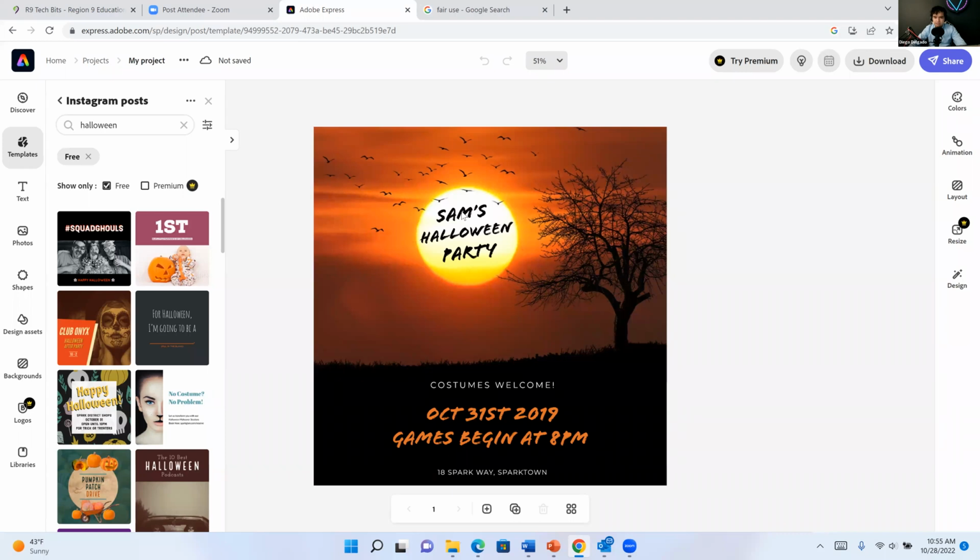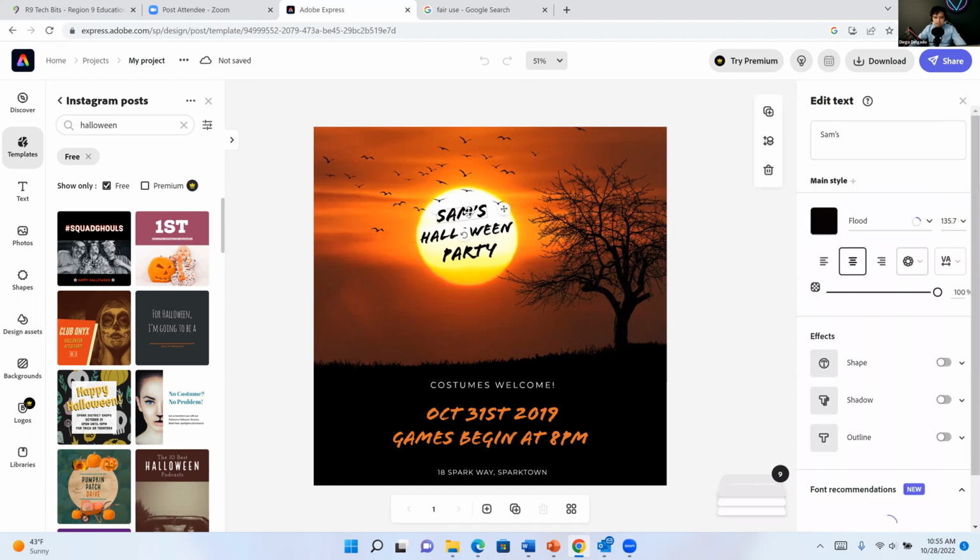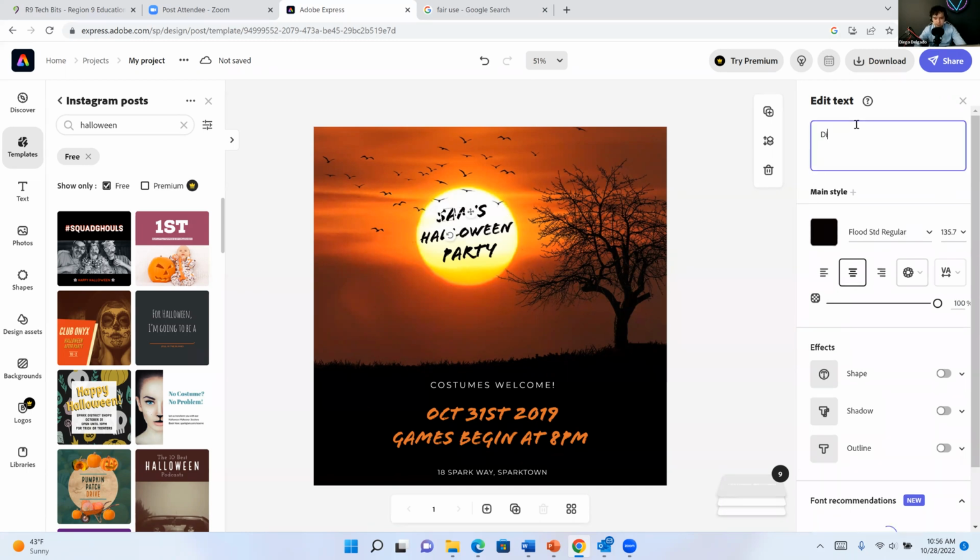Now, something that's a little bit interesting about how Adobe Express works is if you click on the text, you might think, well, I click on the text and then I start typing and I can edit it. But that's not the case in Adobe Express. It's kind of a little funny. You click on the text you want to edit, and you come over here to where it says edit text. This is where you actually have to be to edit your text elements on your page. So this is Sam's, but I'm just going to change it to Diego's, or if I can spell my own name,